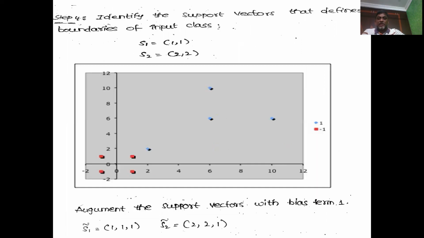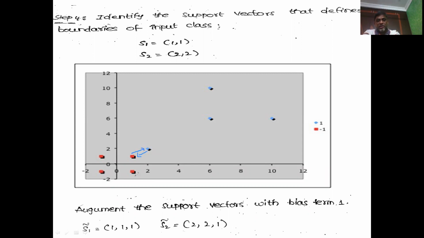Okay, right. So what are the steps used for designing the linear SVM now? We need to identify the support vectors first. So how do you identify the support vectors? The closest point to the opposite class. So this is the only closest point to the opposite class. So this becomes a support vector. And if you observe, this is the only closest point to the opposite vector.